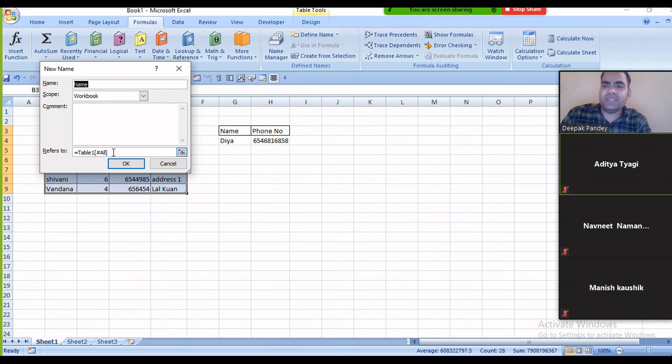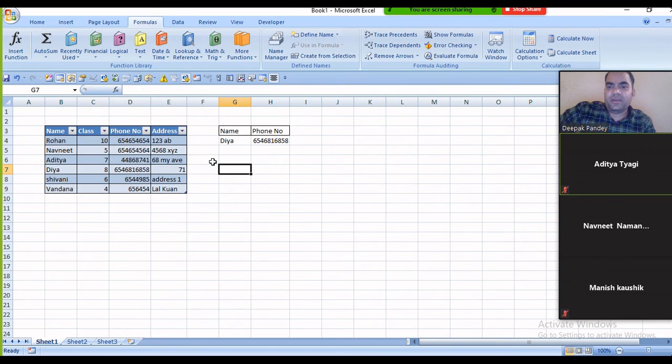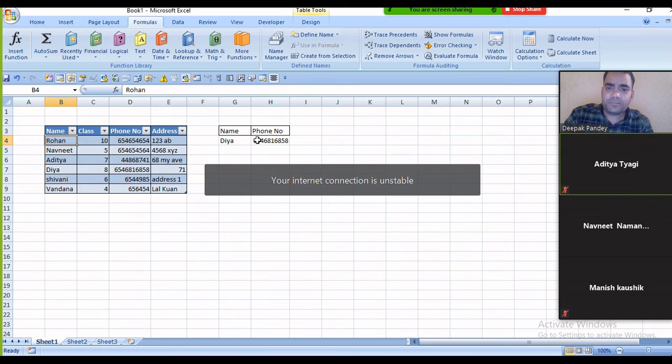Here the table name is given. It is containing Table 1. The name is basically given by Excel. If you have raw data, similarly select all the data, and Excel will handle everything automatically. You need not enter the manual record for that. For the cell range or value, you just need to select the range of the whole data.